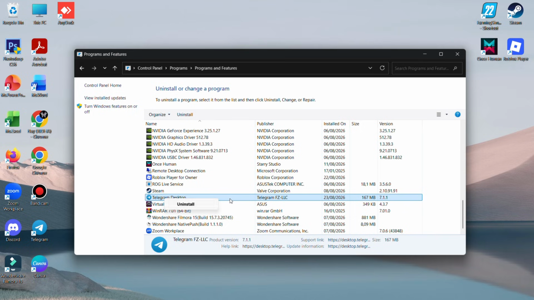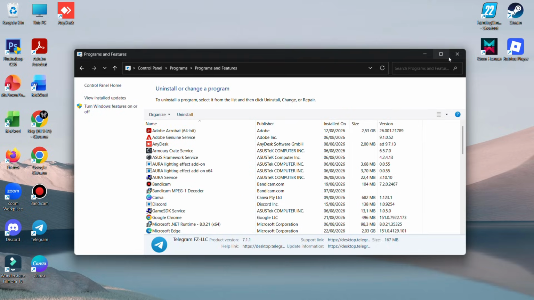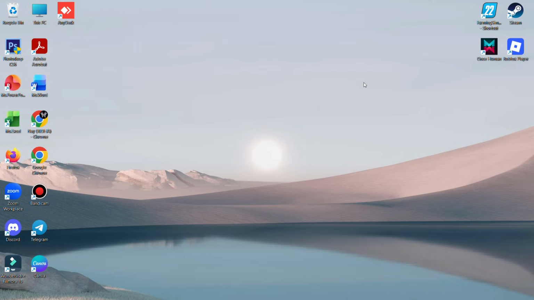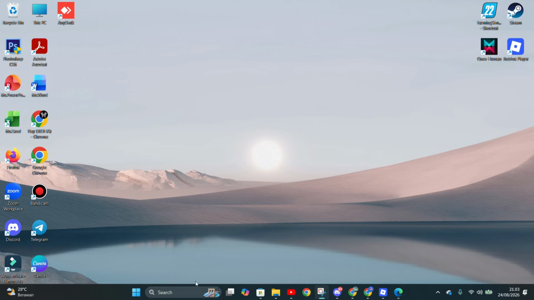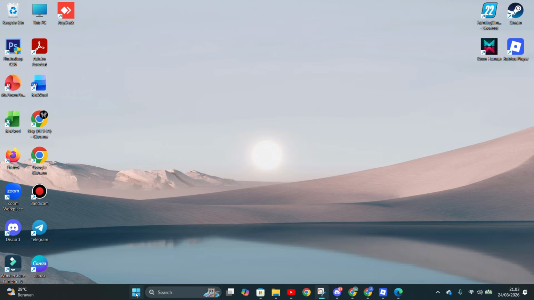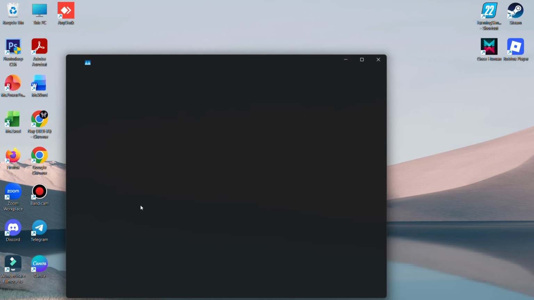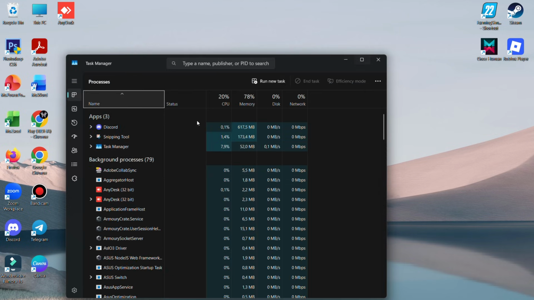If you try to uninstall it and it still doesn't work, you can uninstall it from control panel. You can check it first on your task manager. You have to make sure that the program is ended. So you can go to your start menu, right click, go to task manager, and check the program